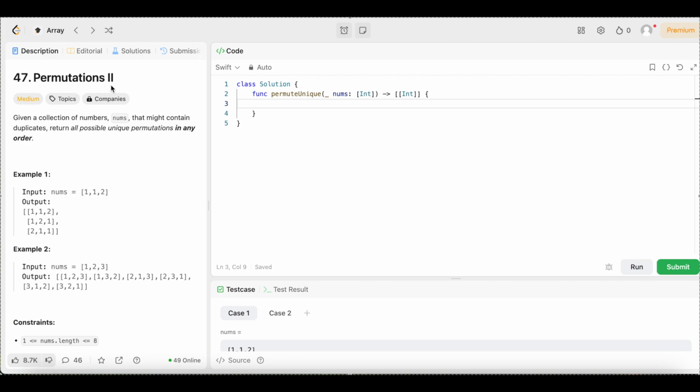The difficulty level is medium, but don't worry because we're going to keep the solution as simple and easy to